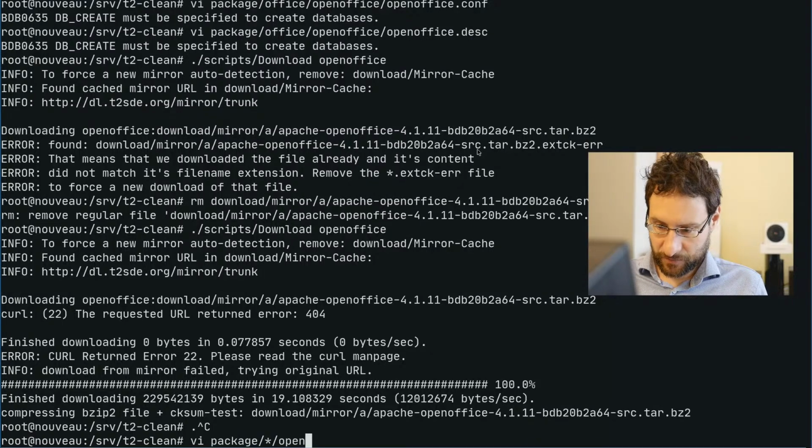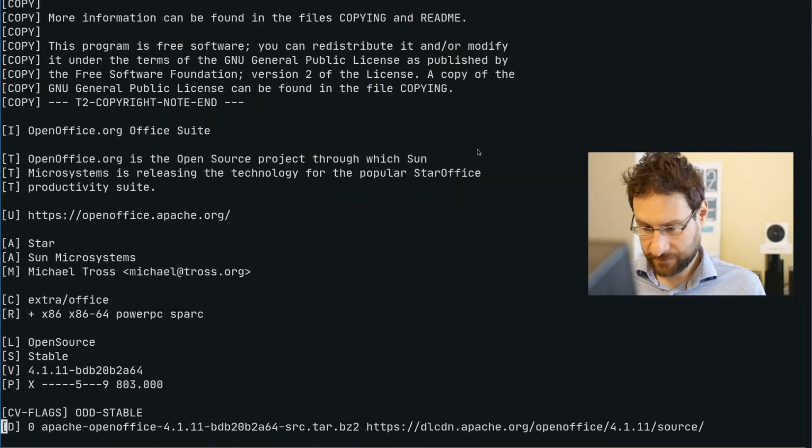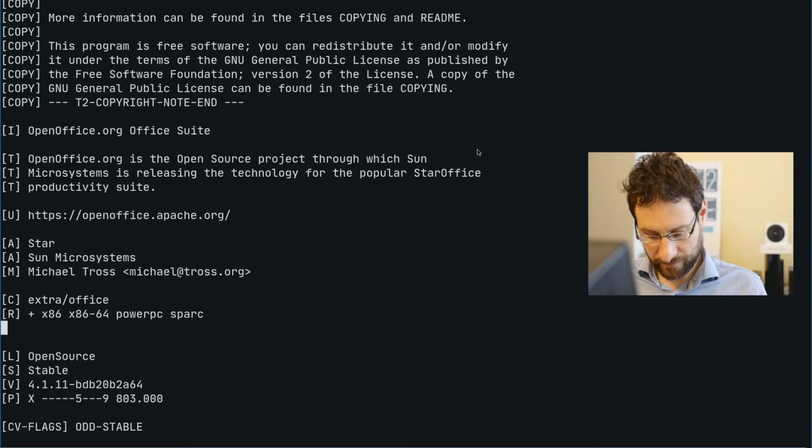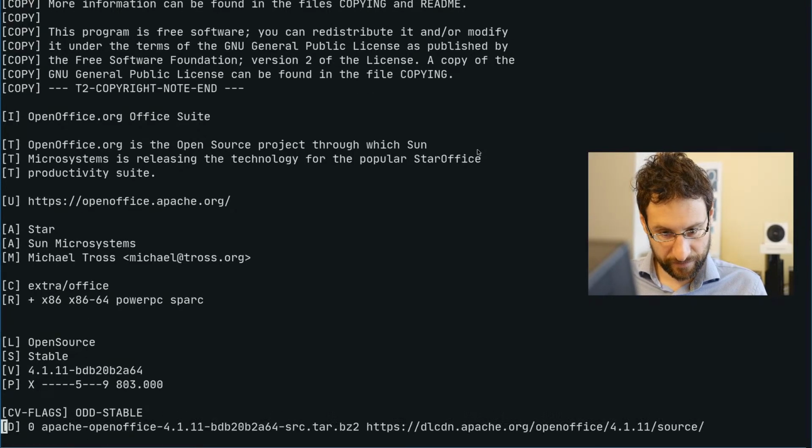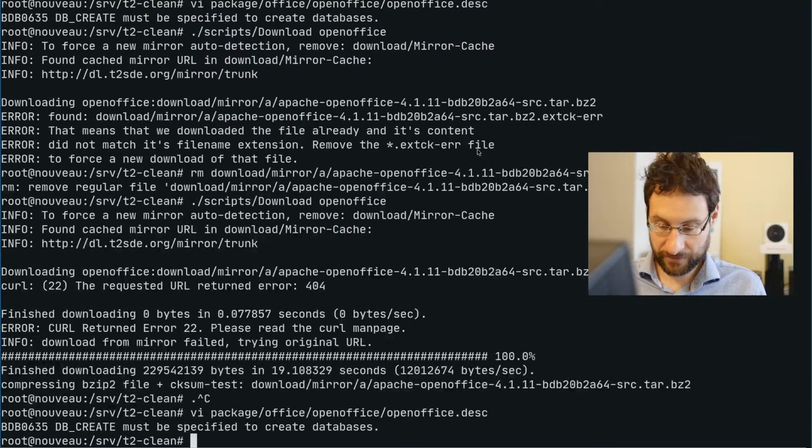Let's see, by the way, OpenOffice, is this also marked? No, this is not flagged by no parallel, but we might want to flag that LTO just to be on the safe side. Let's see what happens with OpenOffice.